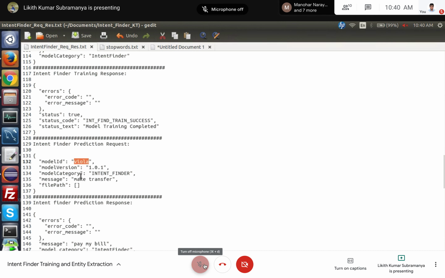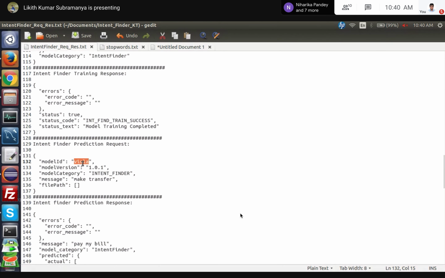So if you want to predict with a particular model, you mention the model ID and the exact model version here, and the model category will be a constant name here, intent finder. And the message: what is the message you want to predict? You can say make transfer or pay my bill of 500, any message goes in here.